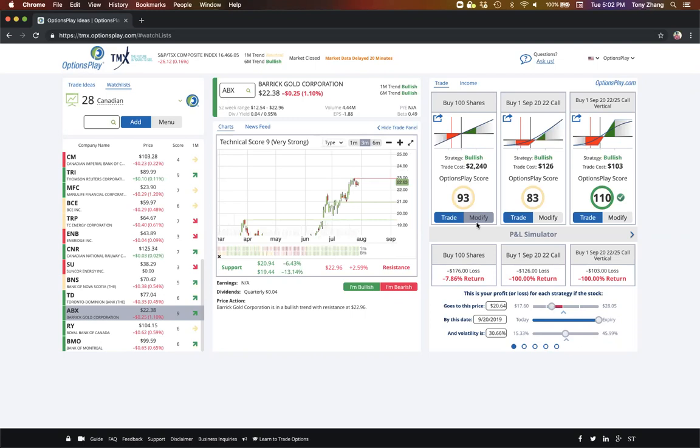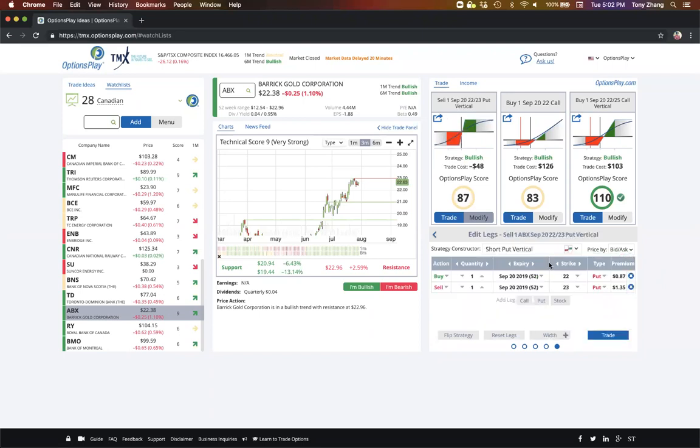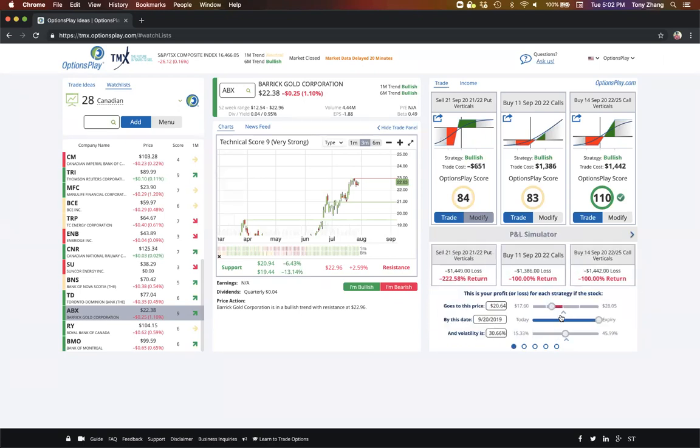And if you do put up a trade, for example, if I did put a short put vertical here, meaning if I did sell a credit spread, I can compare them side by side. I can say, okay, I'm willing to risk, let's say, $1,500 on this trade. So let me put the three side by side and say, well, I think the stock's going to rally to 25. How much money do I make? Would you rather sell a credit spread where you make $651, or buy that debit spread where you make $2,700? I think this is pretty clear, because a lot of times I hear from users,